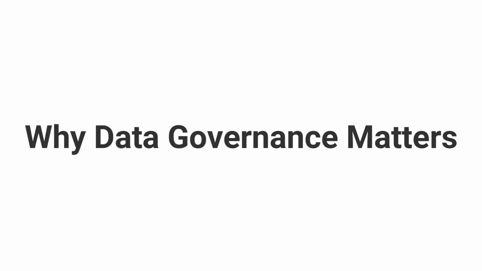Now let's talk about why data governance matters. I mentioned that data governance isn't just about the rules, it's also about the use of the data and making it useful. Really good data governance implementation means that quality data is accessible to the right people, and only the right people, in an efficient way throughout the organization. It means not having multiple databases that have the same information, or access to systems for certain people that shouldn't have them. And it's making sure that these are in place so that there's a consistent understanding of who has access, why they have access, and what they're doing with that information.